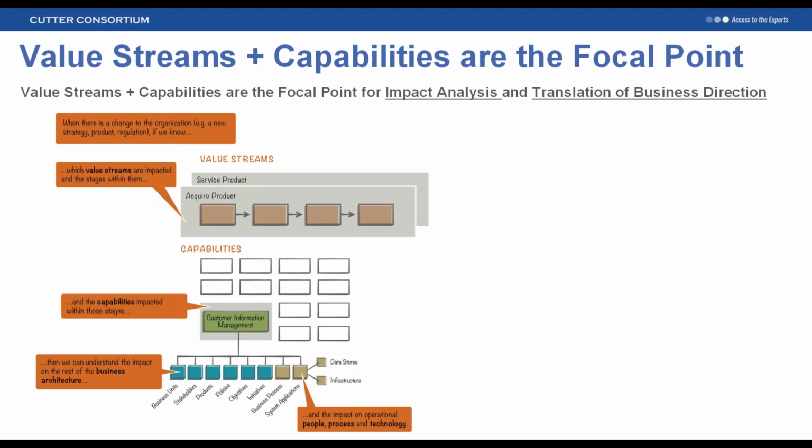And if we have our business architecture, again, specifically our capabilities, cross-mapped to other disciplines like processes and system applications, working together with our application architecture partners, then we can also get to the brown shaded impacts that you see there and say which processes are impacted and which system applications, and from there data stores and infrastructure. So this is the thought process to get to impact analysis, and that forms the foundation for us